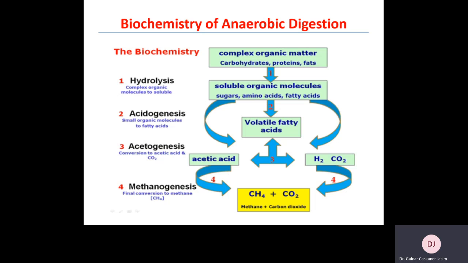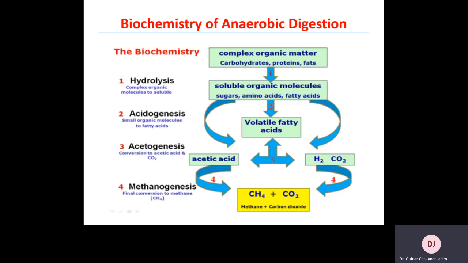So here you can see the summary of the biochemistry of anaerobic digestion. There are four phases: hydrolysis, acidogenesis, acetogenesis, and methanogenesis. I will not repeat everything one by one, but I want you to take your time to see what is going on. And as has been explained, the first phase is hydrolysis, and in the first phase, complex